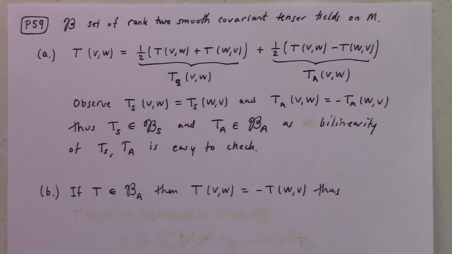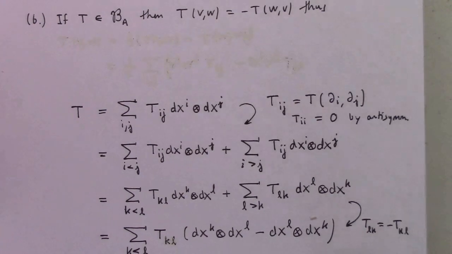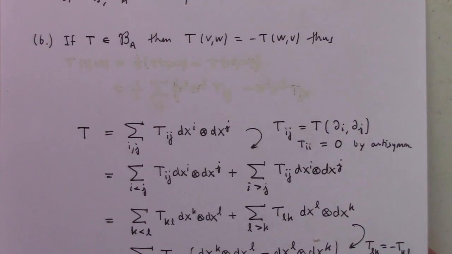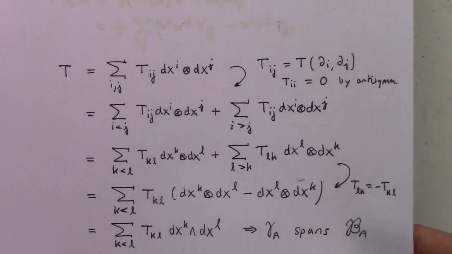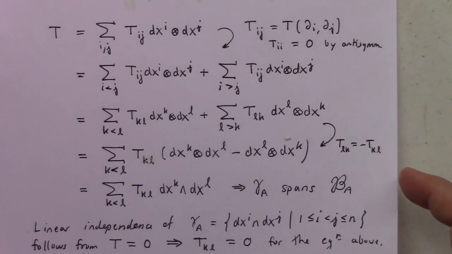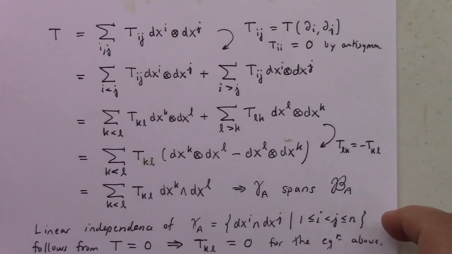Now, I thought I had some kind of smart calculation here, and then I was like, wait a minute, what am I doing? I should go back to my standard calculation, which I give here. So to show that an antisymmetric tensor can be written in terms of the wedge product of the differentials,